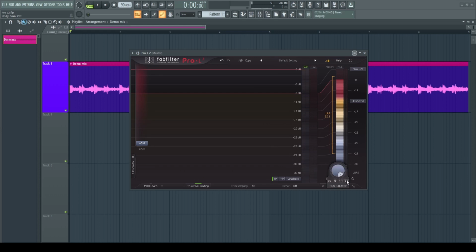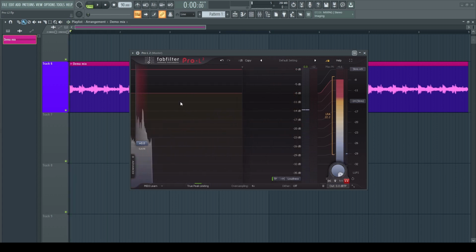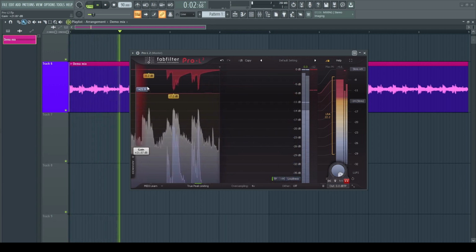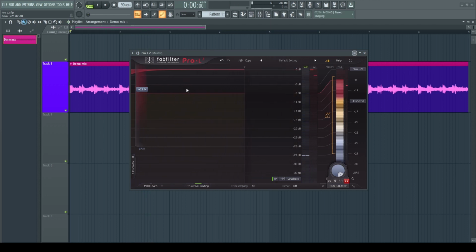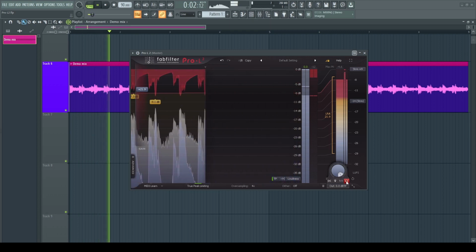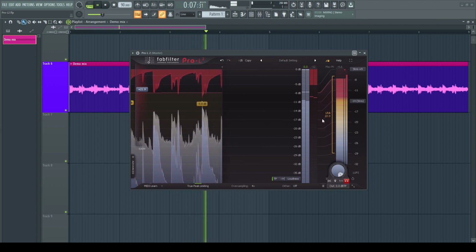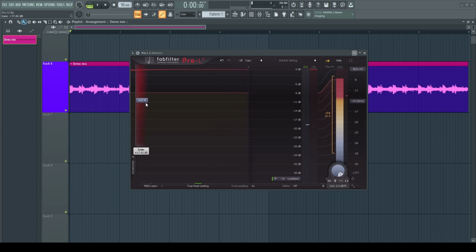At last, we have this little headphone tab, which is for auditioning the signal which is being limited by the plugin. So if I activate it right now, we'll listen to nothing because there is no signal which is getting limited by the plugin. But if I increase the gain, we are only listening to the signal which is getting limited by the plugin. And if I just turn this off, we'll be listening to the entire track.